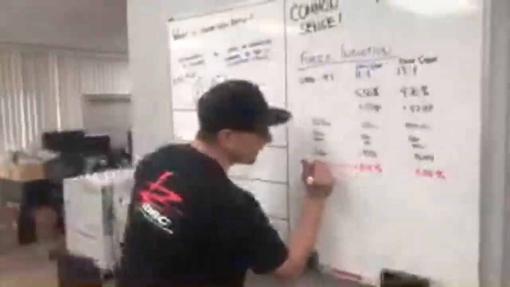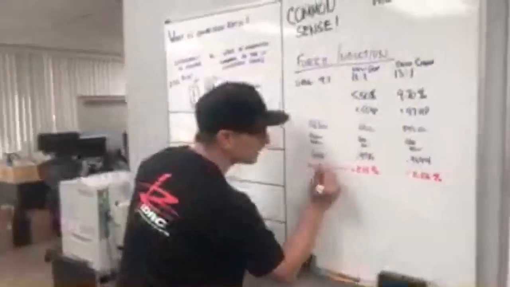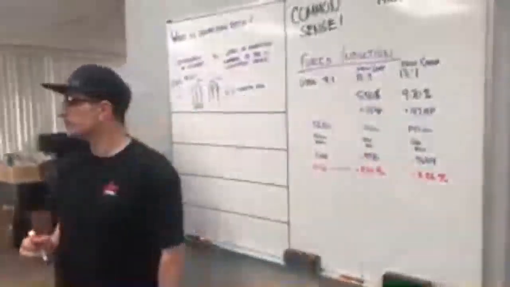Well, that still sounds okay, right? Because if I did that, 5.5 minus 2.1, I'm still 3.4 ahead. And over here, I'm still 6.2% ahead. So shouldn't I just do it? Well, wait a second. This is what happens at atmospheric. That's when you're not in boost. All right. Let's go